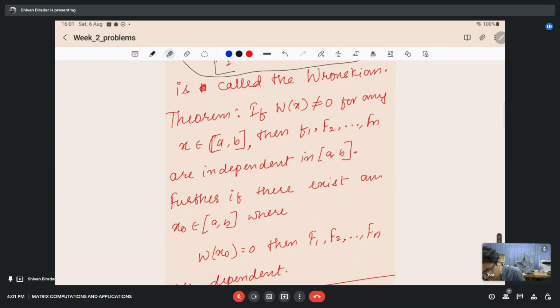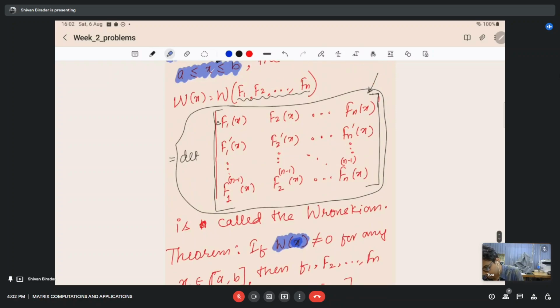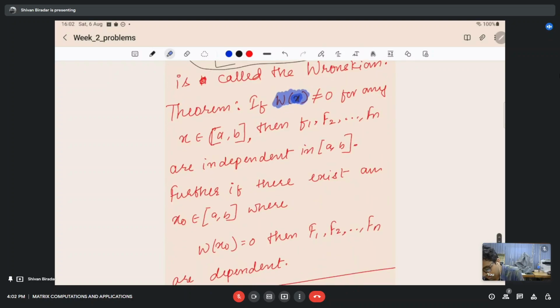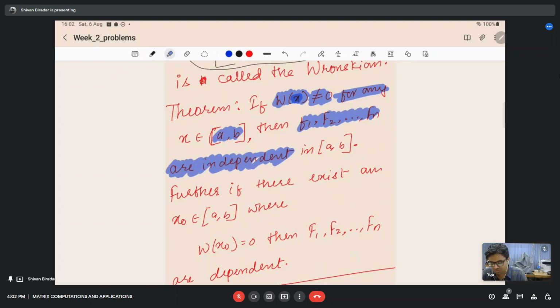And now the theorem says that if the Wronskian of the real functions in x is not equal to 0, remember that we are taking a determinant of this matrix. So the determinant of this matrix of polynomials would again be a polynomial. So if that is not equal to 0 for any x in this interval ab, then f1 to fn are independent. So the first thing you have to do is to first form a matrix, then take a determinant,